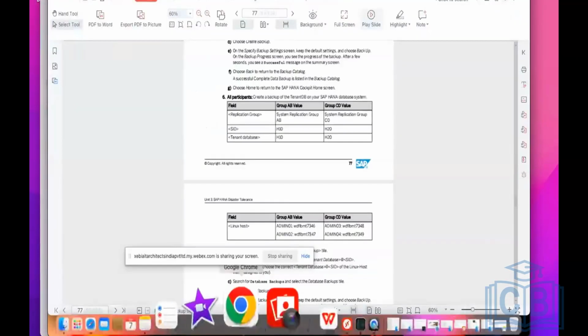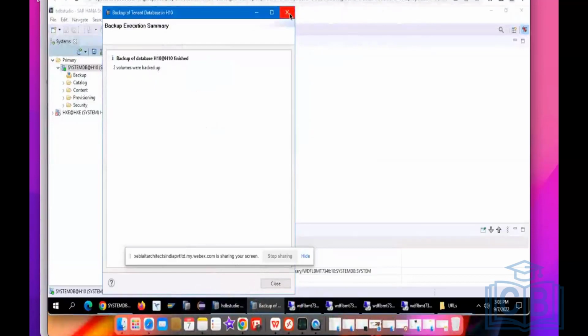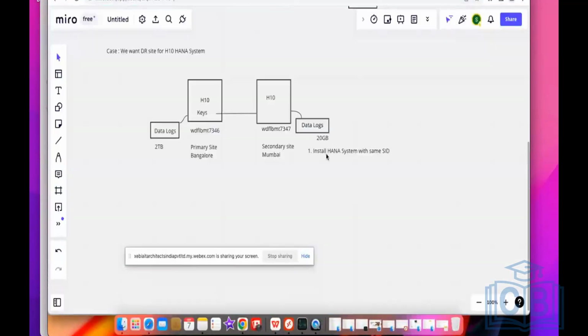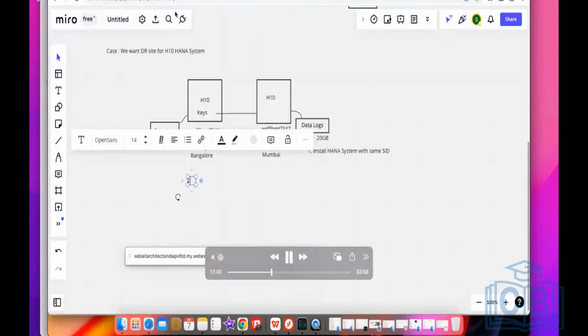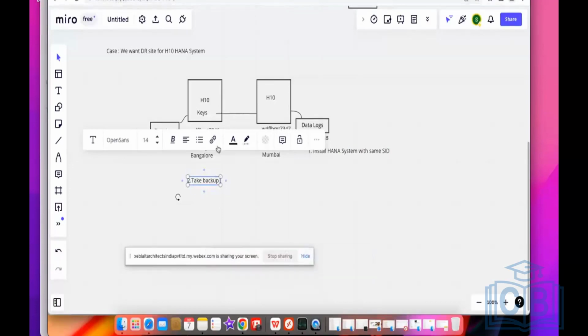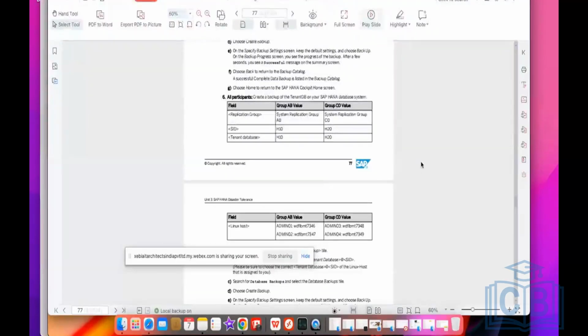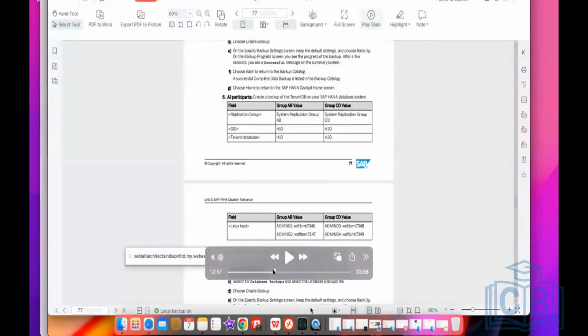Backup is done. After the backup is done, you can move this data to another host and install a HANA system with the same SID. You can see we have two sites, Bangalore and Mumbai. On the Bangalore site, we have taken the backup from HANA Studio. I have shown you, just right click on the system. You can take the system database backup and tenant database backup. Take the backup, copy all this media to the secondary site,